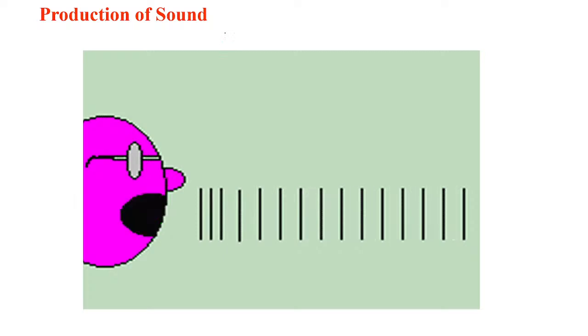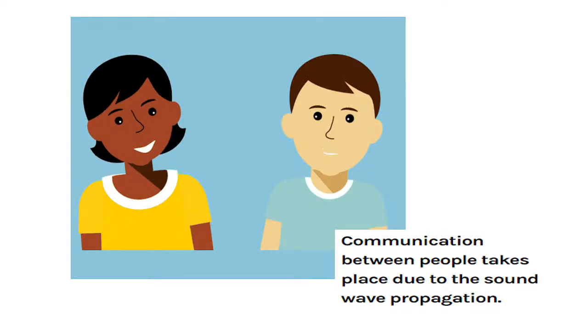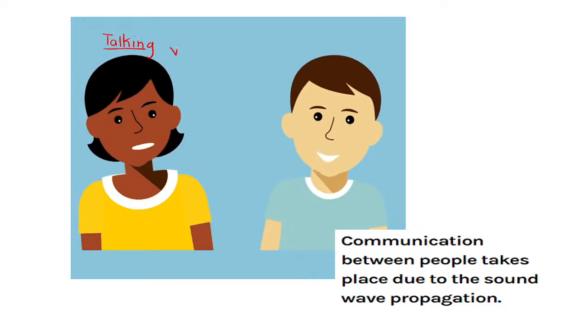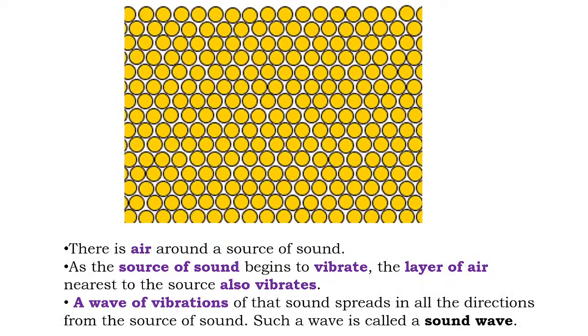How are we able to produce sound ourselves? We communicate with one another by talking, isn't it? I'm talking here and I'm able to communicate with you because sound is being produced by my vocal cords, my voice box, which is vibrating and producing sound. So you are able to hear me right now. That is all because of the sound produced by one part of my body, which is called the voice box, because of which communication is possible. Let us see first how sound is produced.